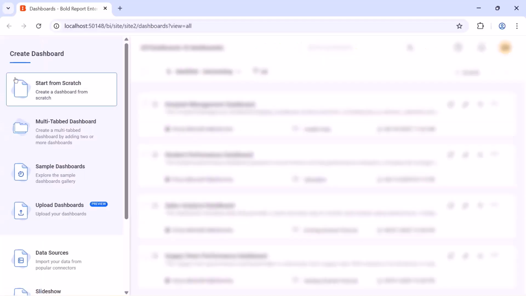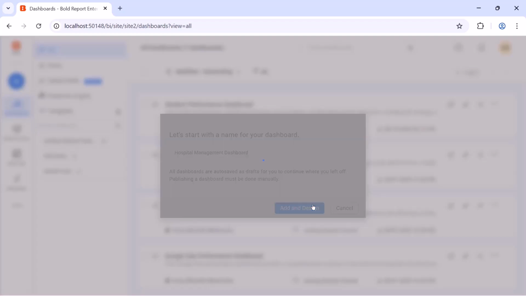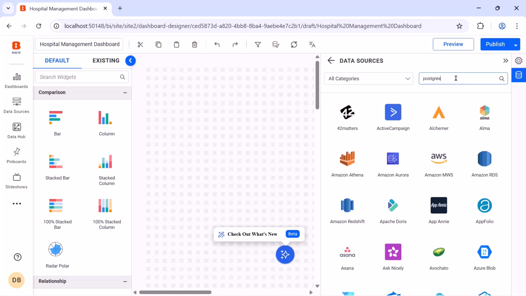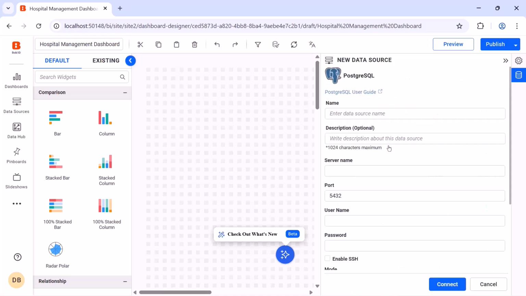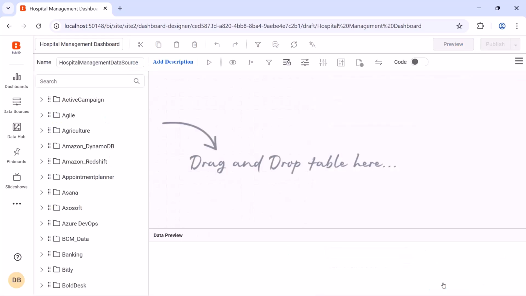First, let me create a new dashboard and name it Hospital Management Dashboard. Next, I create a data source using PostgreSQL and enter the required connection details like name, server name, port, username, password, and database name. I click Connect, which opens the Query Designer